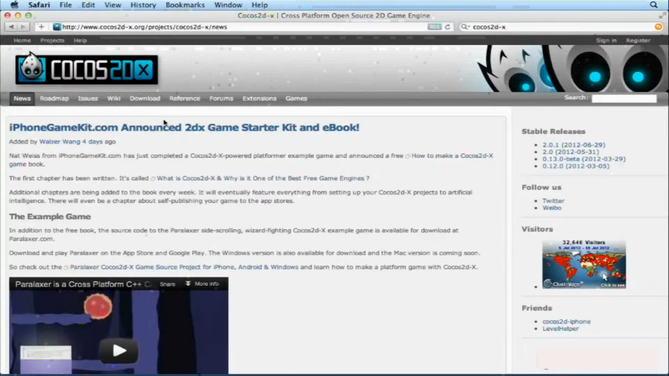The game engine I've chosen to do Android games is called Cocos 2D X. Cocos 2D X is a cross-platform version of Cocos 2D iPhone. You can use the same code base for your iOS app, your Android app, a Windows app, and a Mac OS app. Cocos 2D X uses the same method calls as Cocos 2D, so it's basically exactly the same, except